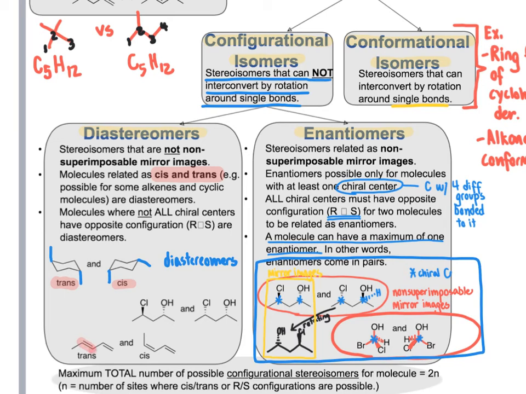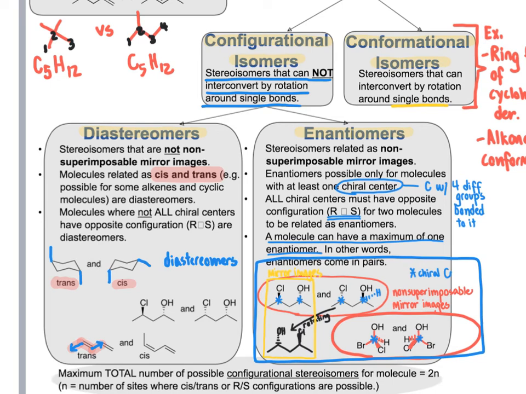Here we have what we refer to as a trans alkene. We call it trans because if we look at the carbon atom on the right, the bond going away from the alkene is pointed upward. If we look at the carbon on the left, the bond going away from the alkene is pointed downward. Since those are going in opposite directions from the two carbons,